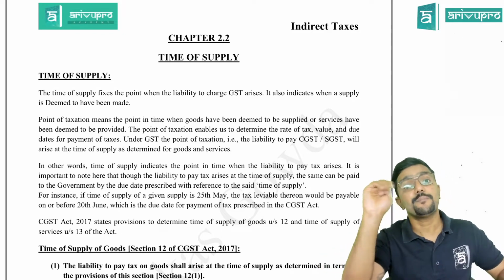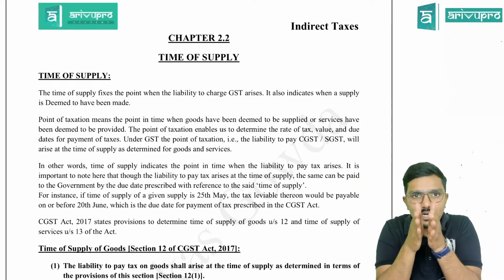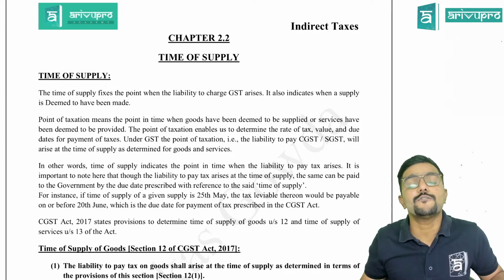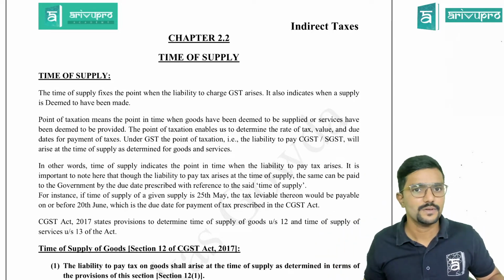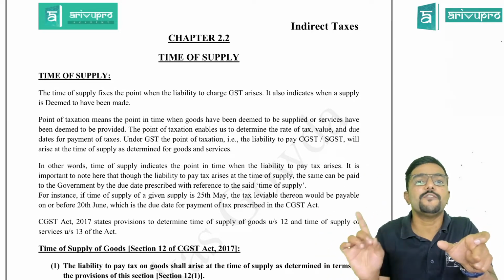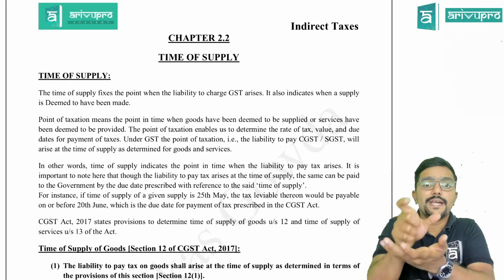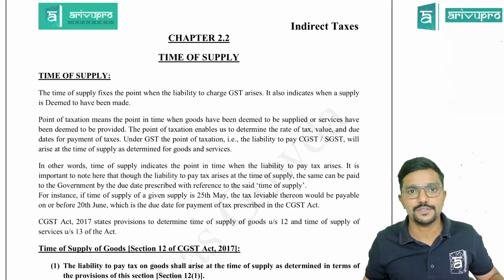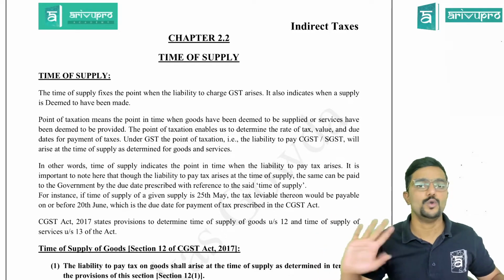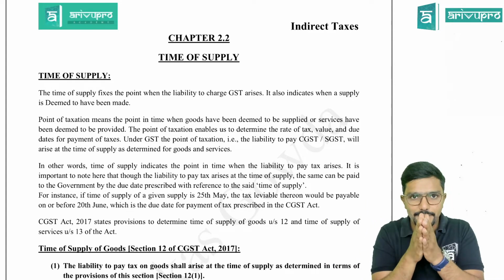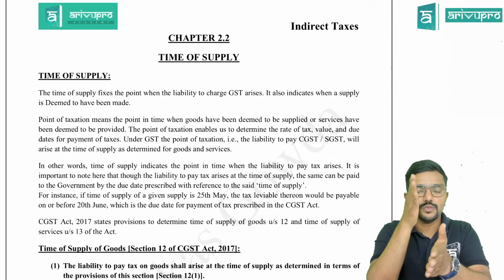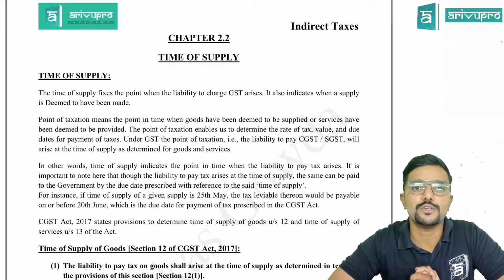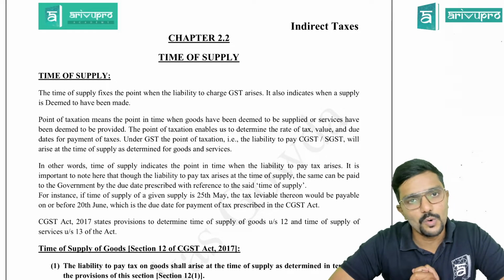So the due date for payment of tax is different. For whatever supplies you have made in June, the due date for payment of tax is 20th of July, that is 20th of the next month. So time of supply is not the due date for payment of tax. It is the date on which the supply has taken place, which means the liability has arisen. So should I pay tax on the same day? No. If the time of supply, assume, is in June, then for whatever supplies I have made in June, you need to make the payment by 20th July, guys. It is like that. Hope you guys got the point.